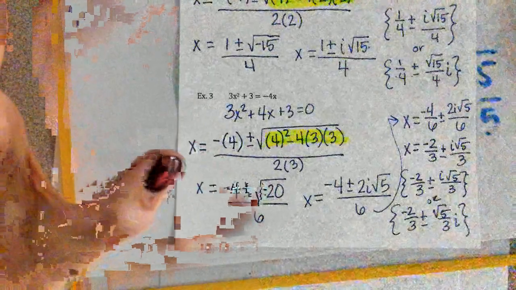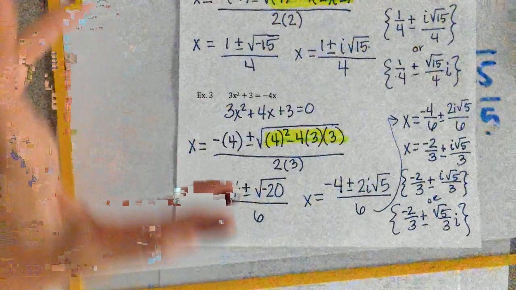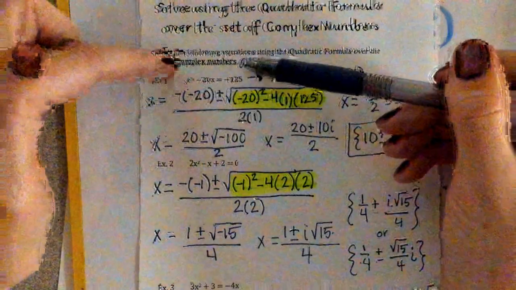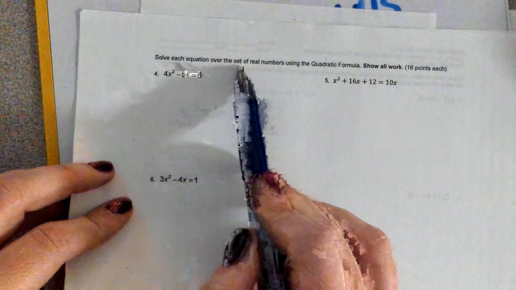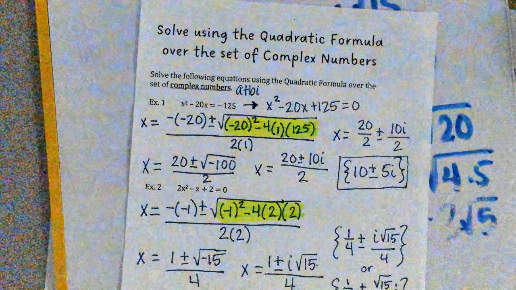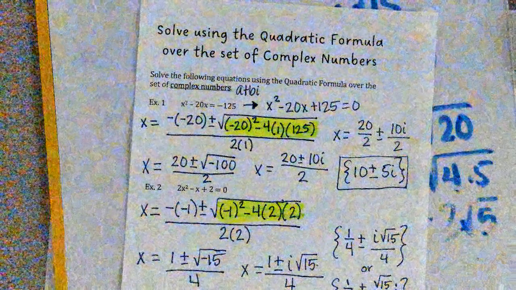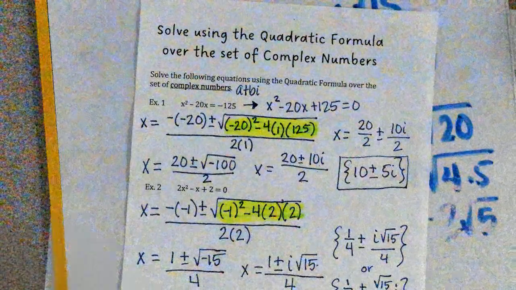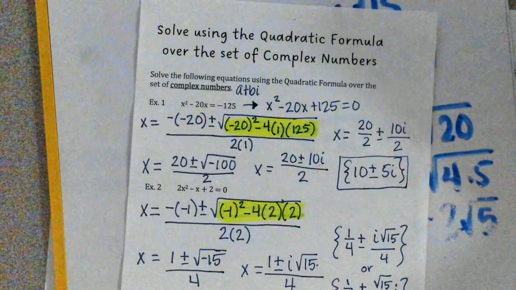So, paying close attention, because when do you know when to do the i, and when do you know to just say that the answer is no solution? It's all in the directions. What number system are we in? Where are we living? This one is telling me I'm in the complex number system, which includes imaginary numbers. But the quiz says solve each equation over the set of real numbers. So this one's like, okay, I'm just operating in that smaller subset of numbers. So you've got to read to know which one you do. Okay? Y'all good? All right, so let me